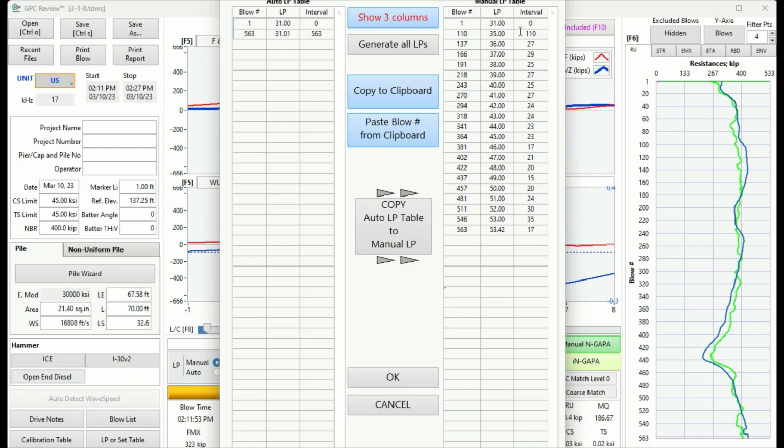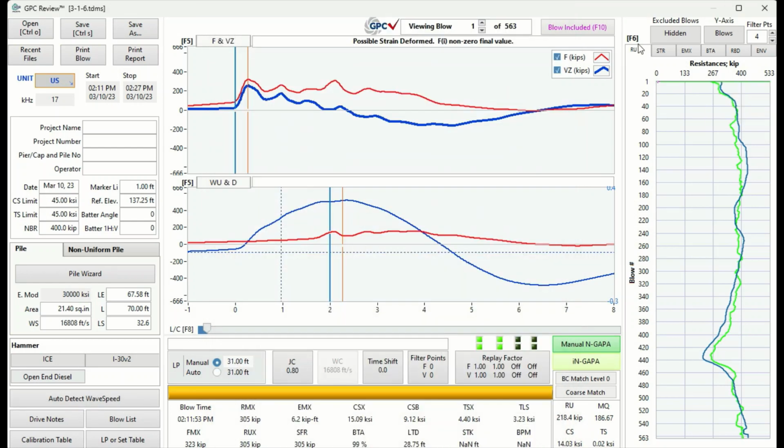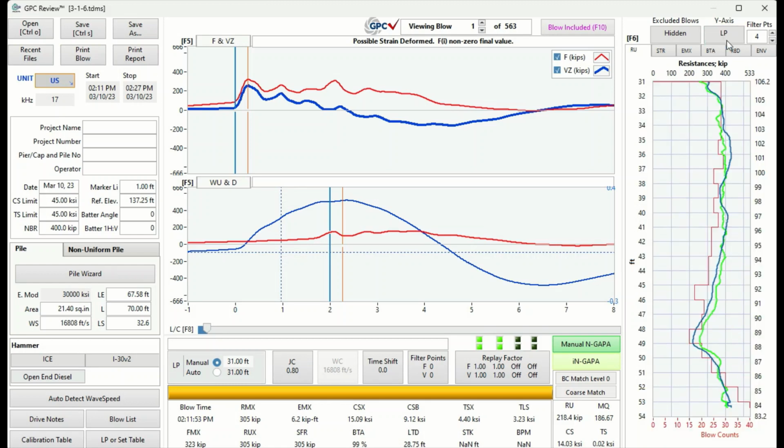That is about 27 blows per foot as well. So let's plot per LP. So per LP there, the first 4 feet, you have about 27 blows per foot, and the blow count with depth is a pretty good